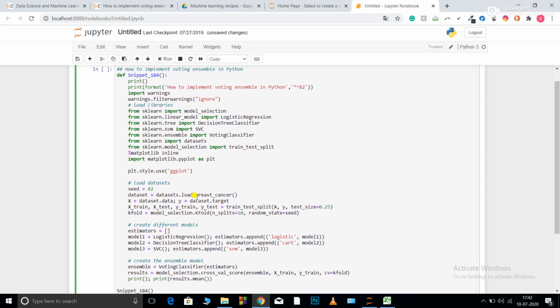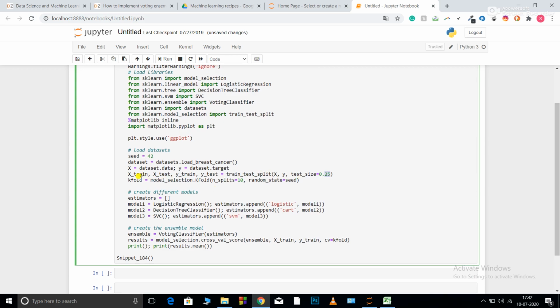Now the dataset, so I'm loading my dataset over here. I'm splitting that into the feature matrix and the target matrix, and then I'm performing train test split. I'm keeping 25% for my testing part and the rest 75% for my training part. Now KFold, so I'm performing cross validation, that is CV. So n_splits is equal to 10, and the random seed is 42. After that I am appending all the estimators. Model 1 is logistic regression, model 2 is my decision tree, and model 3 is my SVC. So I'm making a list of all those models,